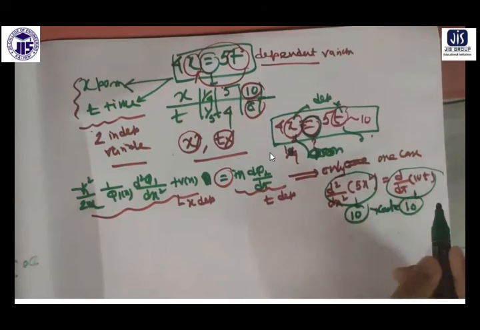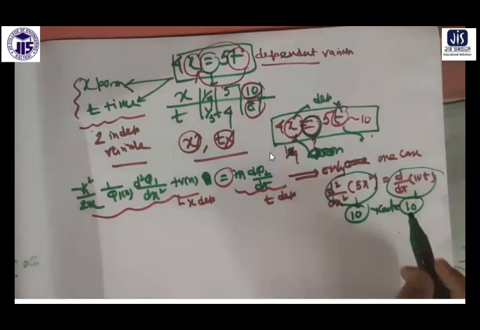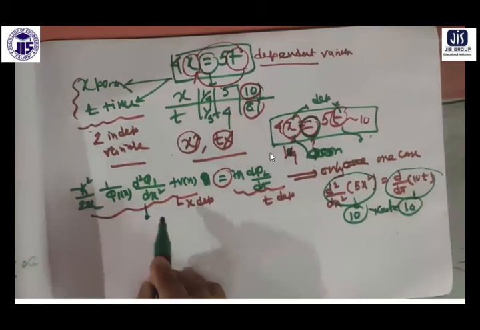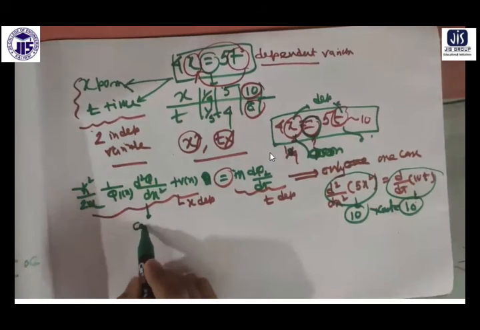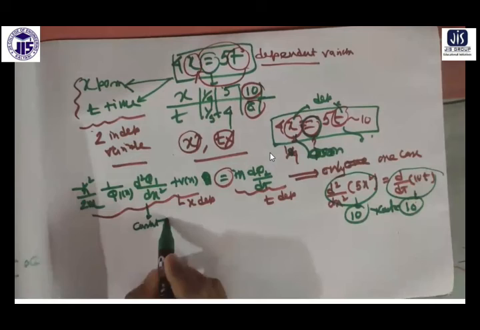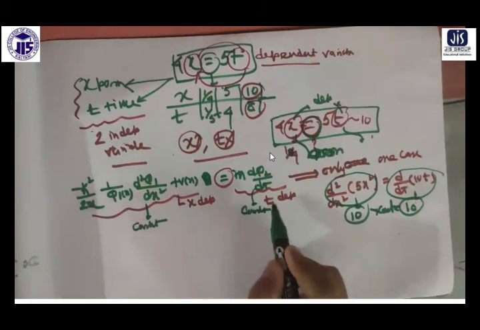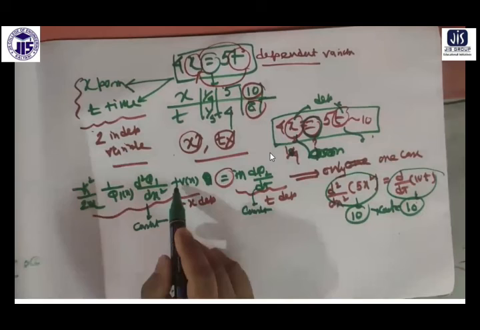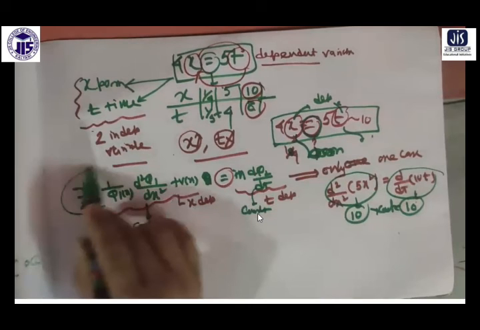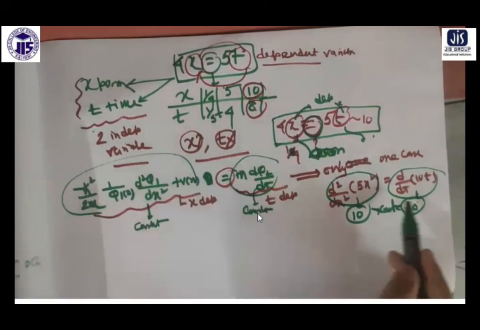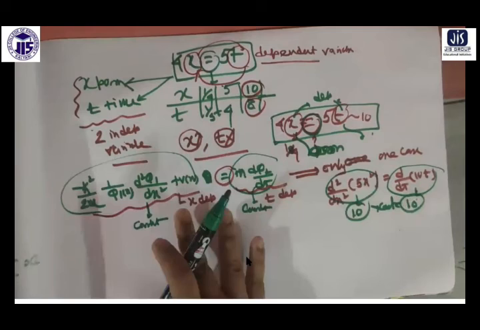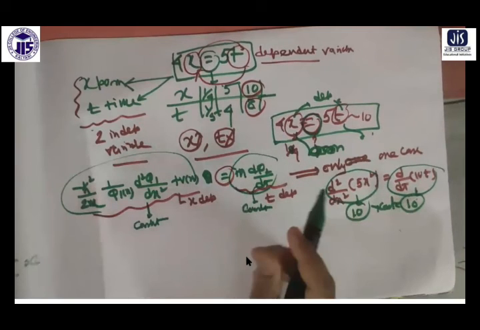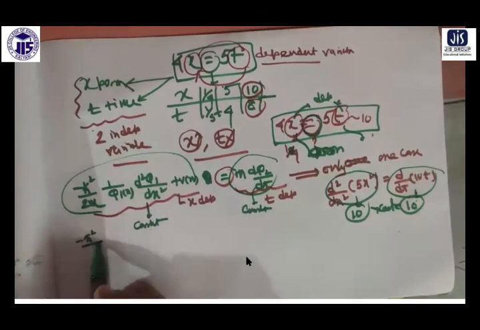That is what is meant by this: the equal sign can exist if this side separately produces a constant, and this side also separately produces a constant. From this side I will get 10, from this side also I will get 10. So 10 and 10, I will say they are equal. So now you can write it down in this way.